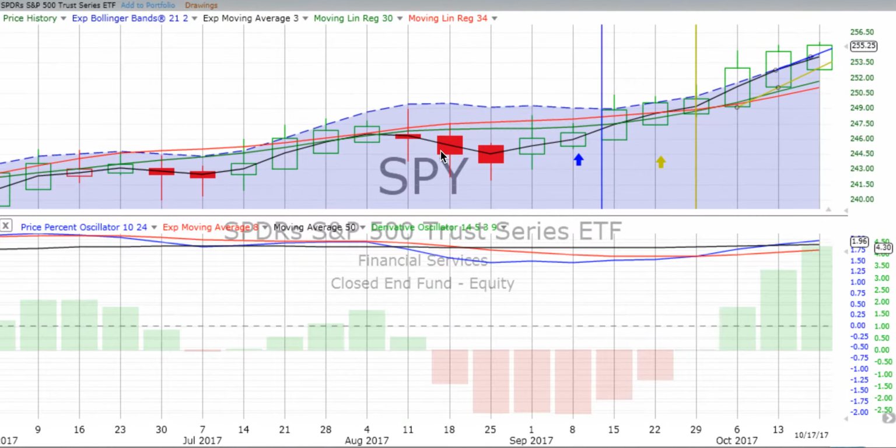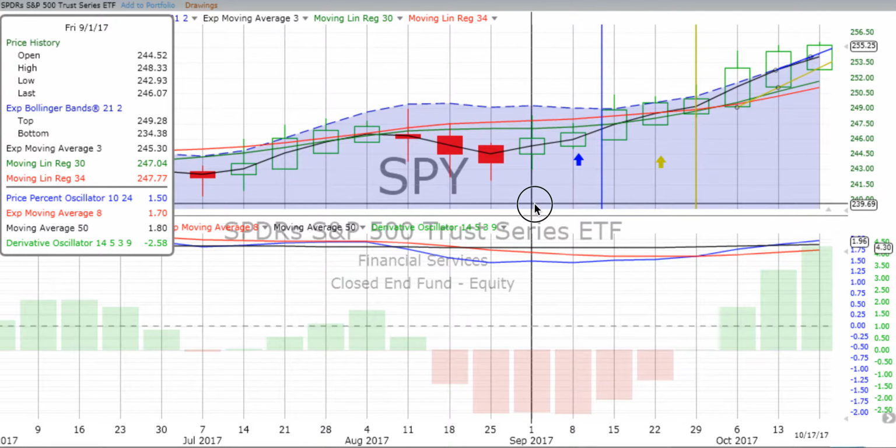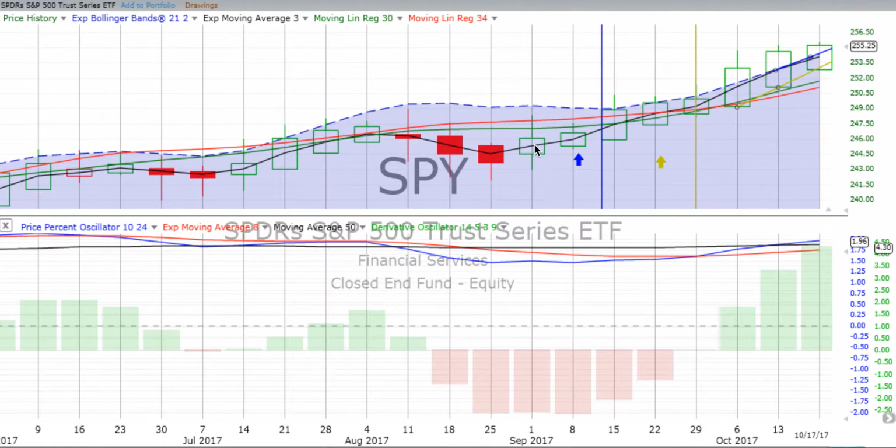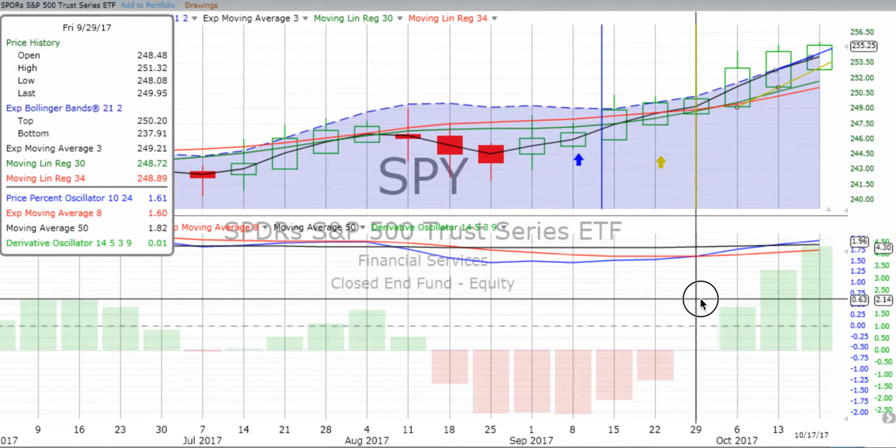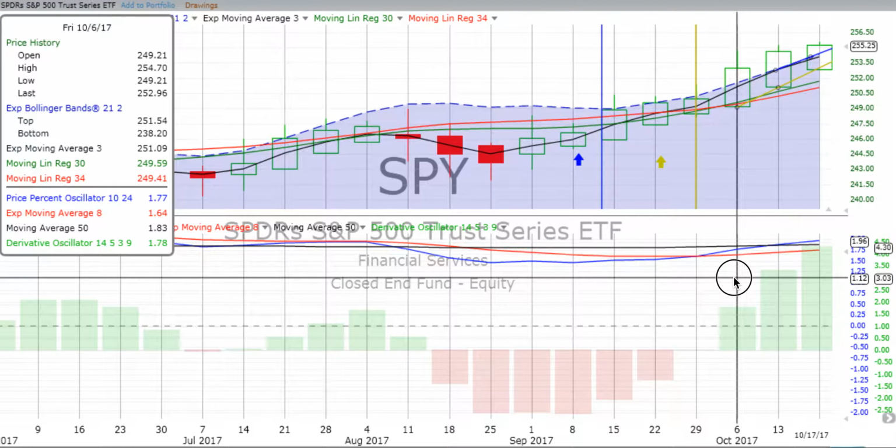We see on the weekly chart lots of up movement starting all the way back on the week ending the 1st of September. We've continued to have strong up movement, it just keeps going. We didn't have a weekly vertical crossover. It was a very weak one on the 29th of September, but boy, it boomed after that.